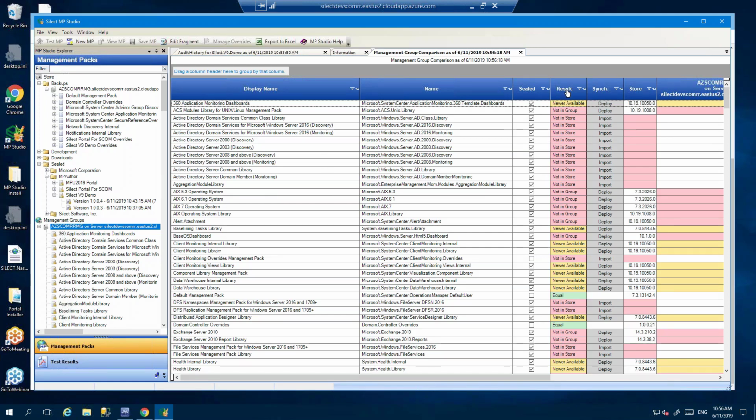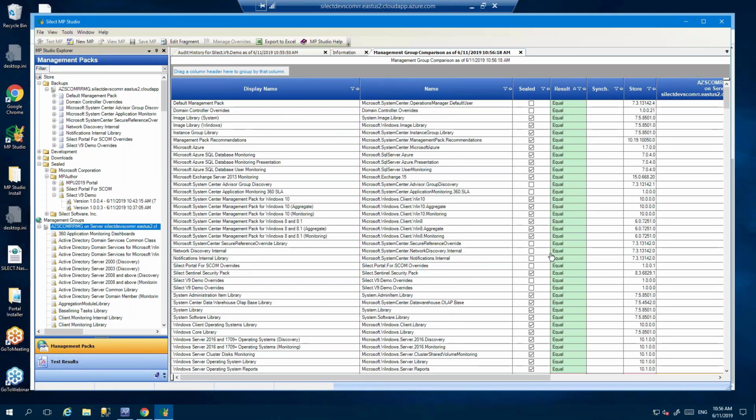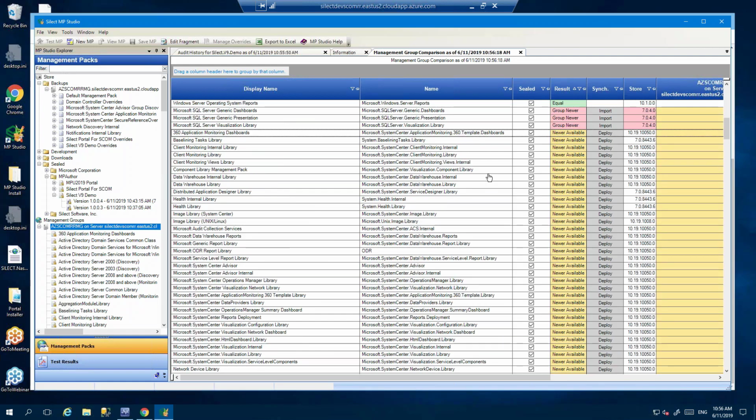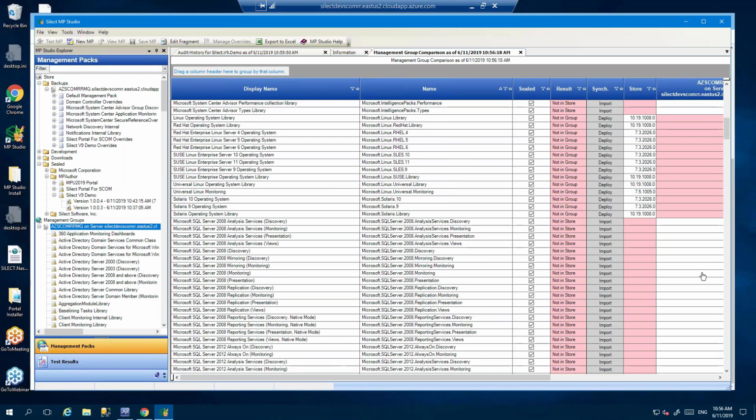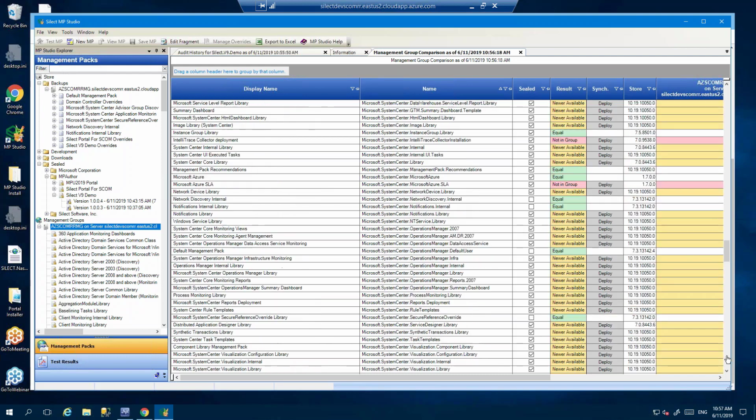So let's just do a group based on this result. Here it's showing me a list of all the MPs that are installed that are the same as the MPs that exist within the store database. As I scroll down here, I can see there are a couple of MPs that are installed that are newer than what I have in my store database. And there are quite a few MPs that are newer in my store database. So I've got a bunch of updates in my store database, and I should be able to, let me just sort based on name, I should be able to see that new Select